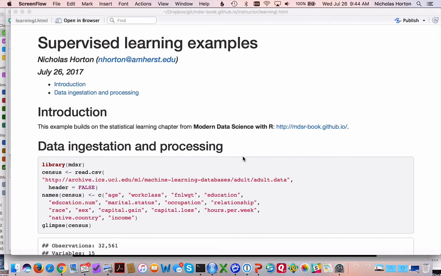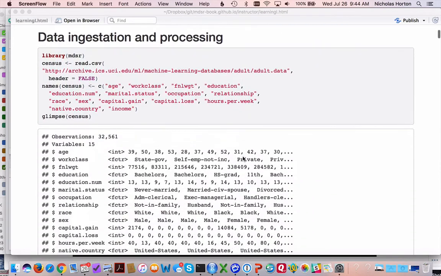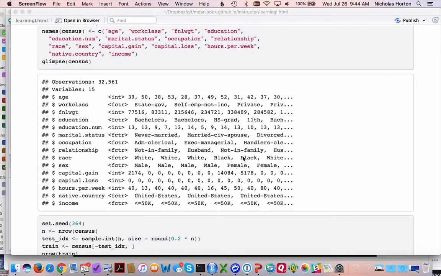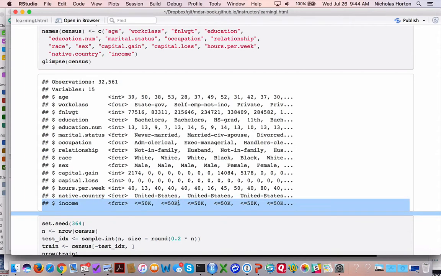Describe an example where data are read from census example where there's 33,000 observations, and we want to be going ahead and predicting income being above or below $50,000. And this is again supervised learning because we have observed that outcome. And we want to do that as a function of some of the other variables that are available. And this may be useful in a situation where we want to try to predict income, but we don't actually